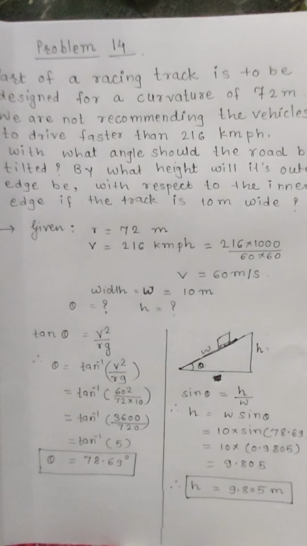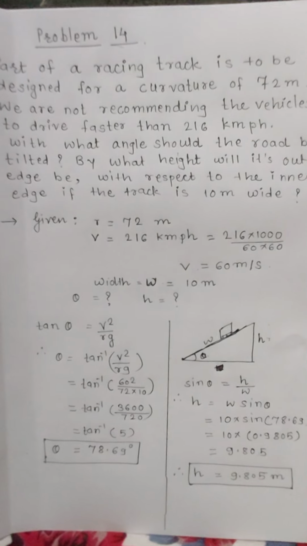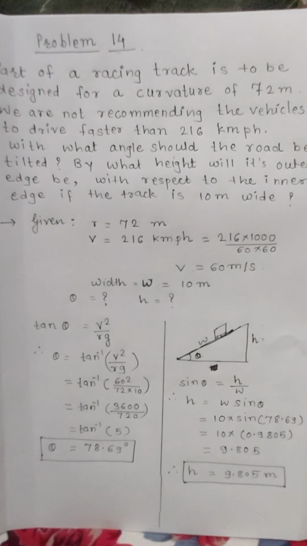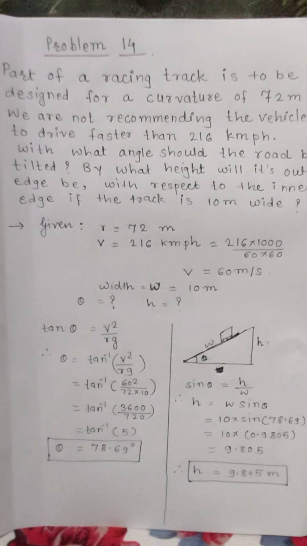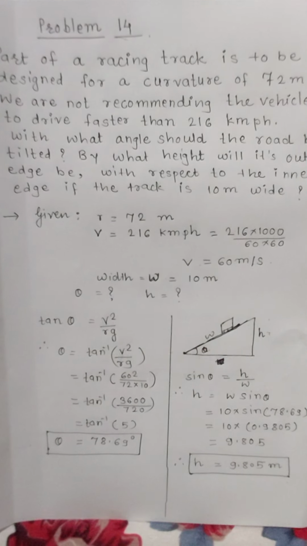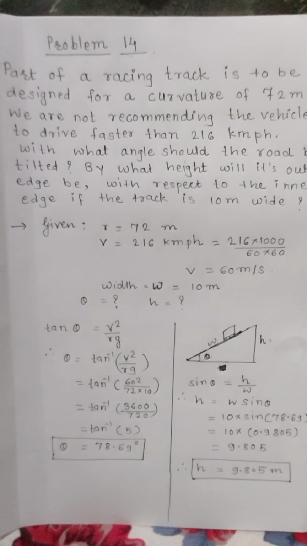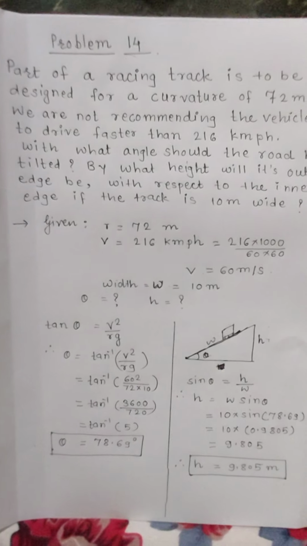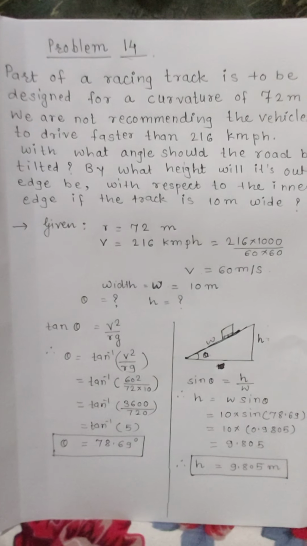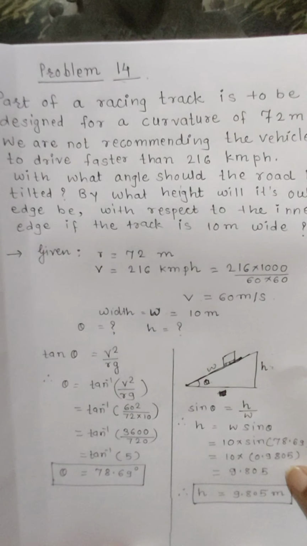I hope you might have understood this problem. If you have any doubt, ask me, and also go through the solved problem from the textbook. In the solved problem, it is asked the maximum speed limit and minimum speed limit. It is very easy. If you read this, you will understand. Even so, if you have any doubt in the solved sum, you ask me. We'll solve this again and discuss it again.